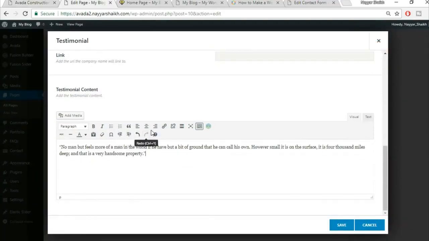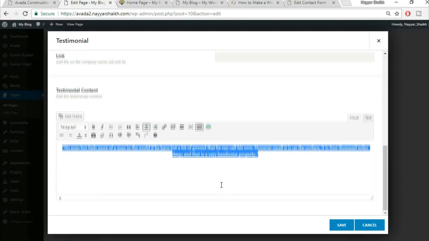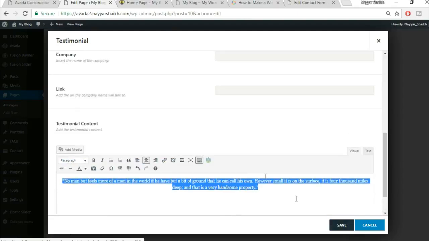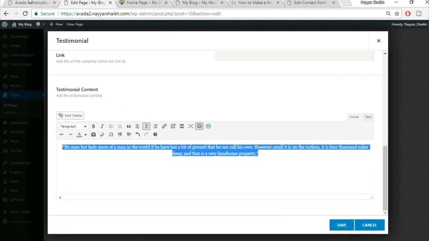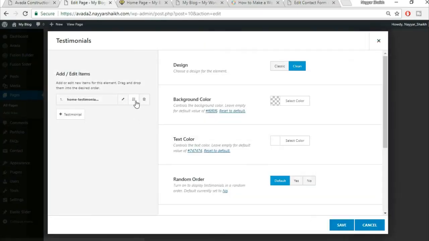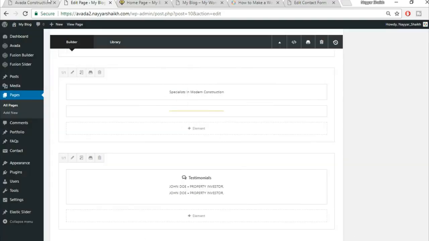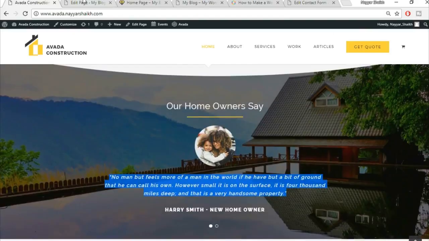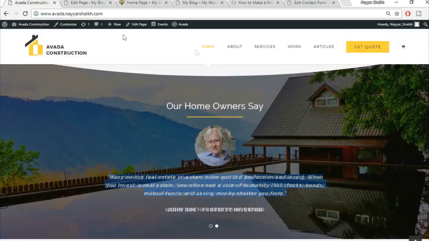Fine, and make this thing center align, obviously. Okay, everything looks fine. Okay, something is missing. No, nothing is missing. Just click on save. Now we can add different testimonials. So I'm just duplicating this testimonial. Now click on save, and now let's add this background color over here, this background image, if you see over